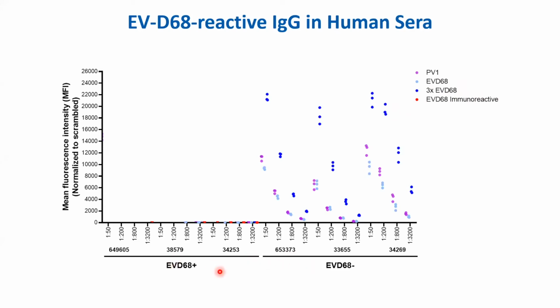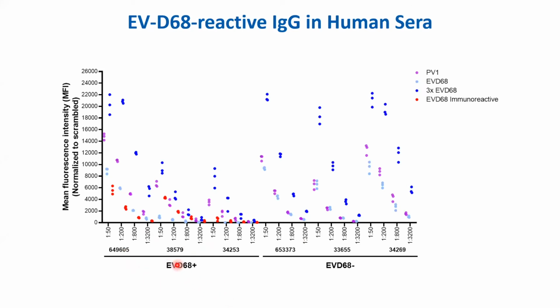In this case, what we use is 3 different sets of sera from 3 patients that had tested EBD68 negative by PCR, and then 3 patient sera that had been shown to be EBD68 positive by PCR. On the right side, again, these are all of our Poltave binding region antibodies, and they all have signal in the EVD68 negative patients. And then when we look at the EVD68 positive